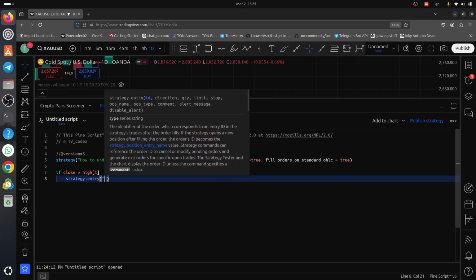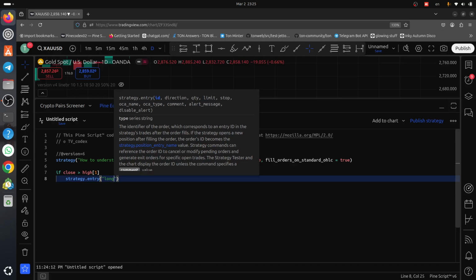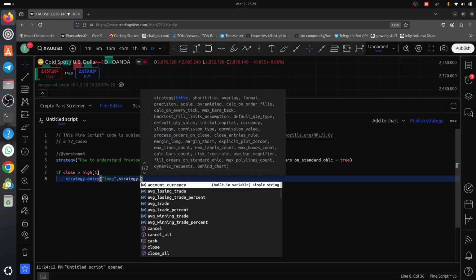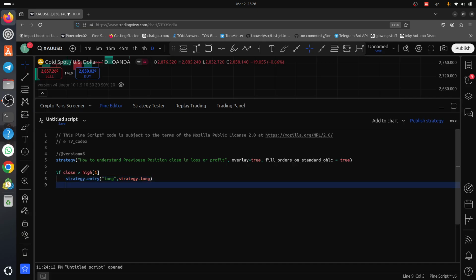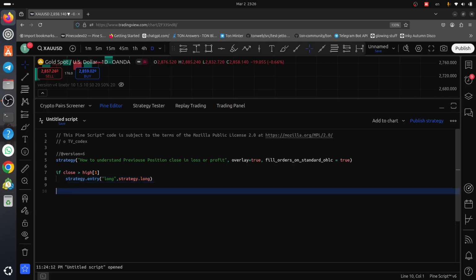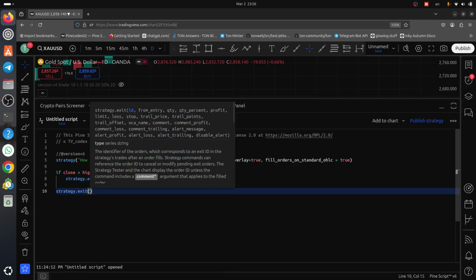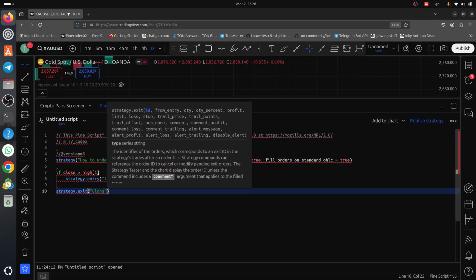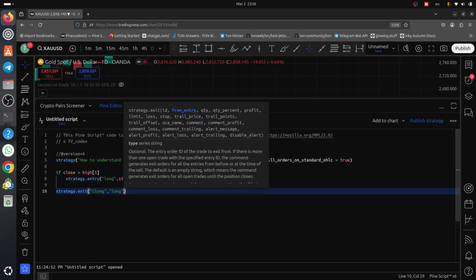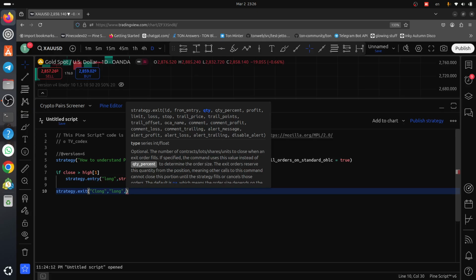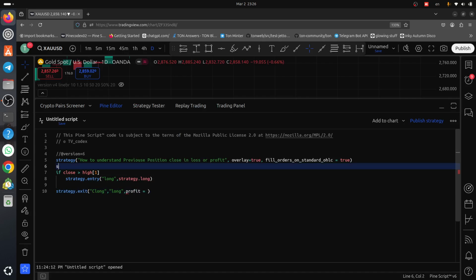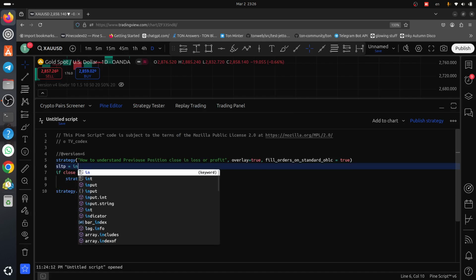A strategy.entry with ID long, direction strategy.long. One line for direction is enough because we want simple code. And a strategy.exit with ID exit long, from entry long, and profit here we say SLTP. We declare a variable